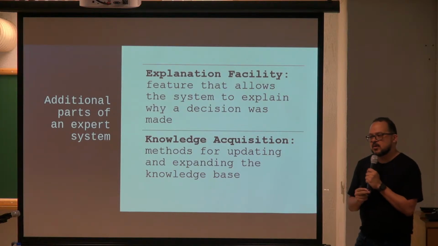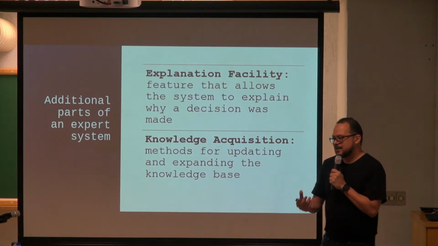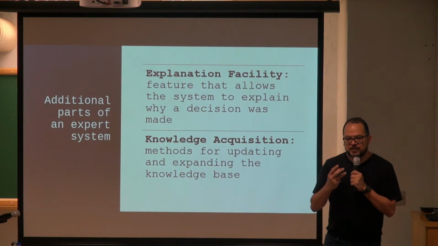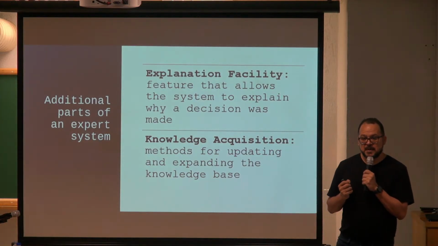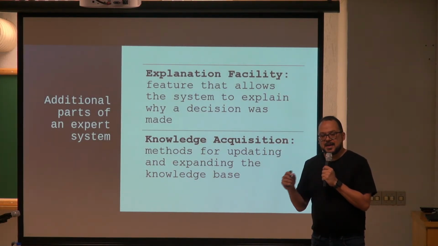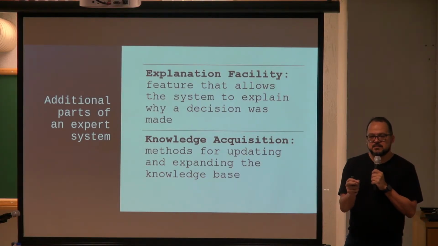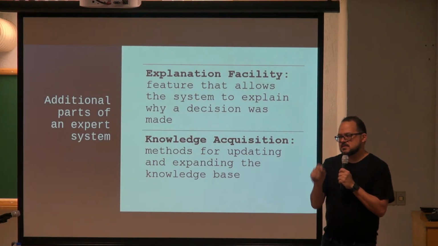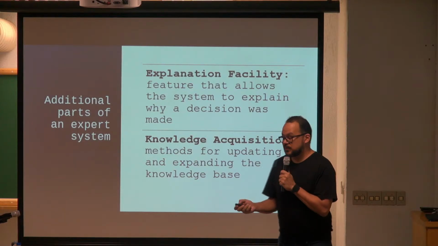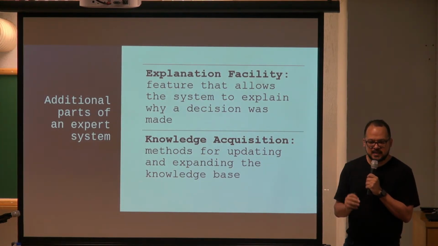Let's say we are within an endemic scenario of dengue, and then I get a patient that has very high fever for about 10 days and a lot of pain in the eyes and pain in the muscles, right? And then I give this information to the expert system. It processes whatever it needs to process, and then it returns something like, there is a 70% chance that your patient has dengue. And the reason I'm saying it has dengue is because the patient has no explainable fever for 10 days and muscle pain. So this is an explanation facility that is desirable, but it's not necessarily present in every single